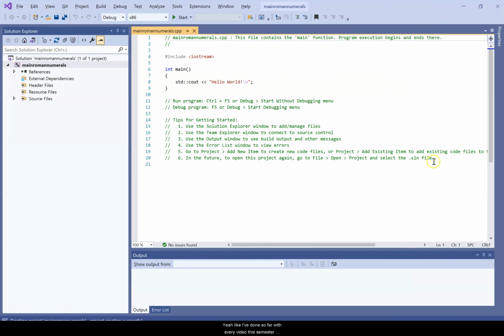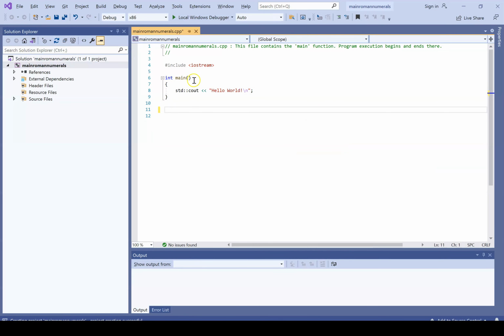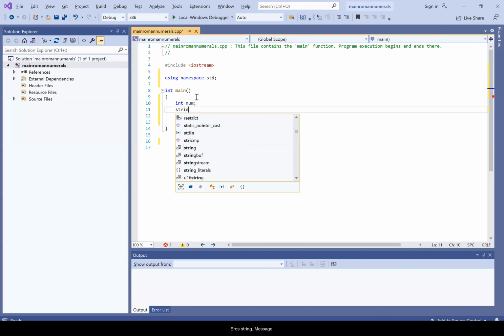And like I've done so far with every video this semester, I'm going to do it all in main, and then I'll switch over to doing it with functions, and then you guys can decide how you want to do this. So using namespace std, and remember we've got an int num and a string message,